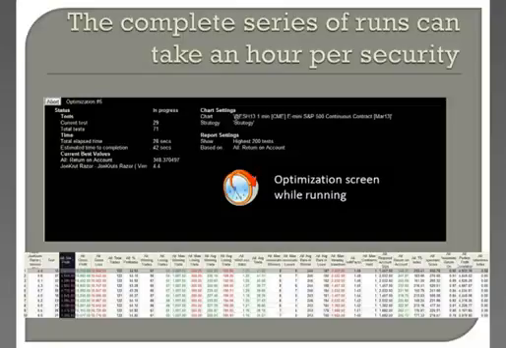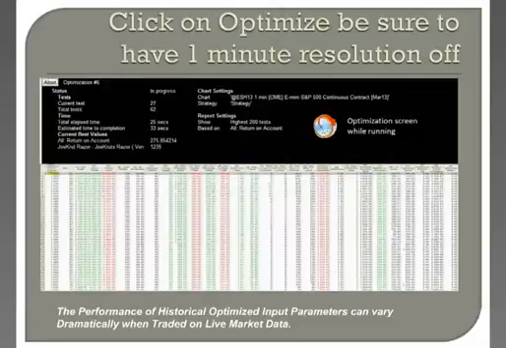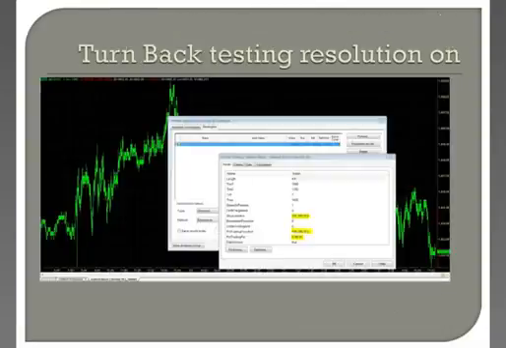And we're coming up here. This shows you your optimization table for the length. And here is your optimization, basically the last one, and I'll get to where it looks better, but I just wanted to show you some of the detailing that goes into this. And when you're checking your stops, you want to turn your resolution on. On a 1-minute chart, you don't need it, but on 5-minute and 60-minute charts, you want to have that 1-minute resolution on when you test the stop loss and the stop, floor, and trail.